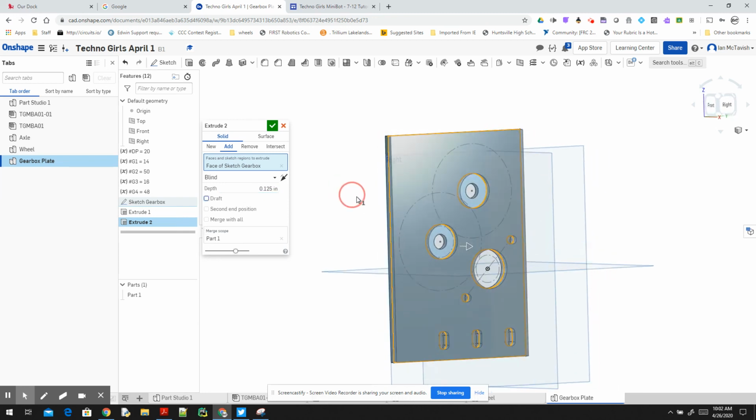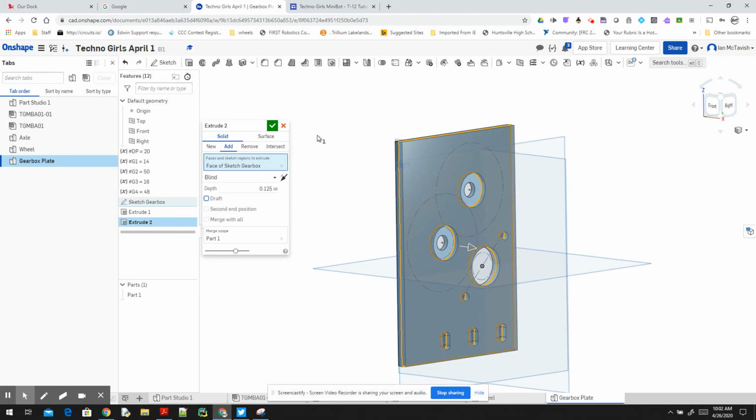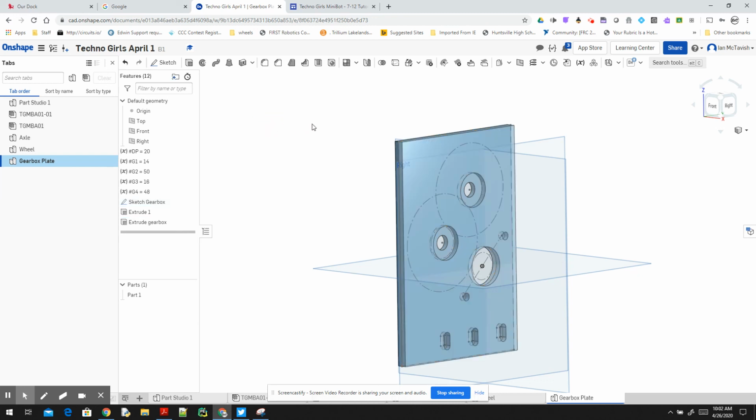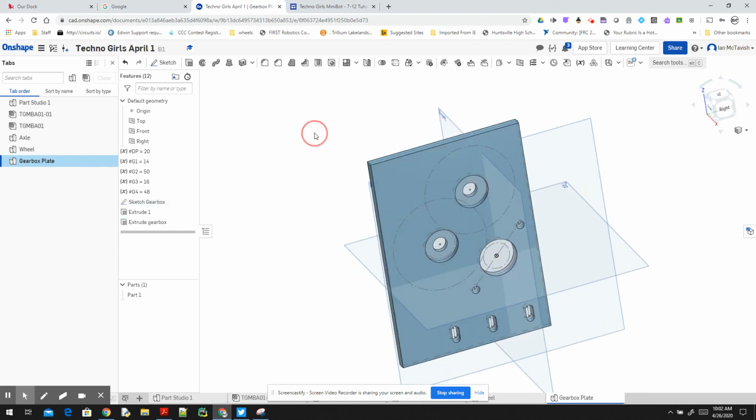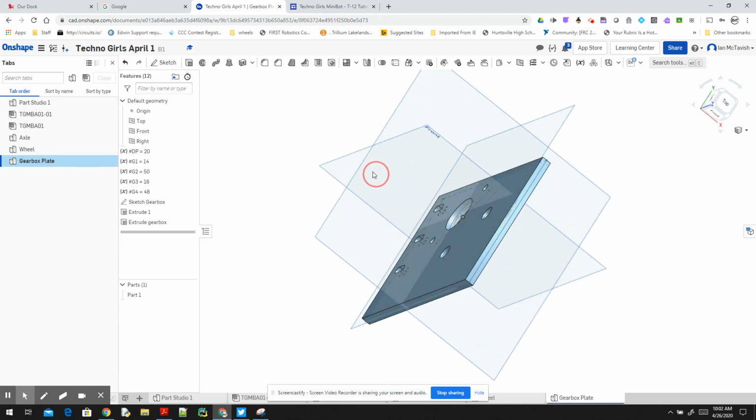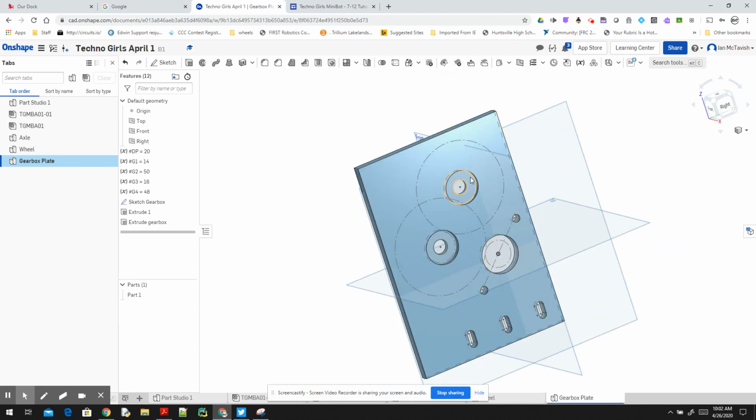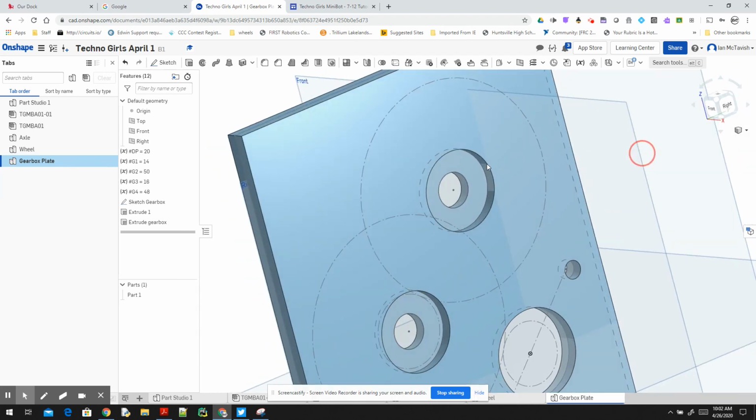So this time, the arrow is pointing this direction. And what we've got here is 1/4 inch material is what we're going to use to make this, and this is going to cut 1/8 of an inch deep so that those circles,